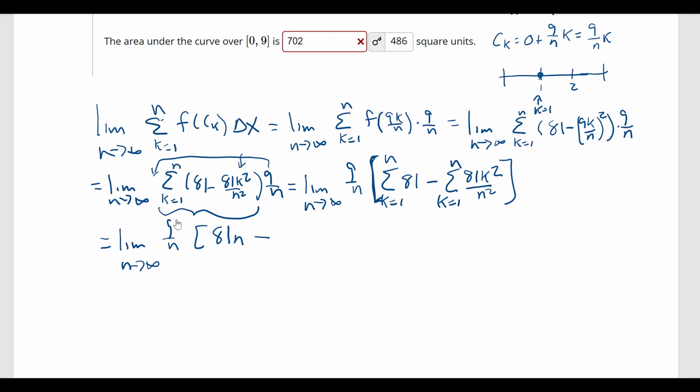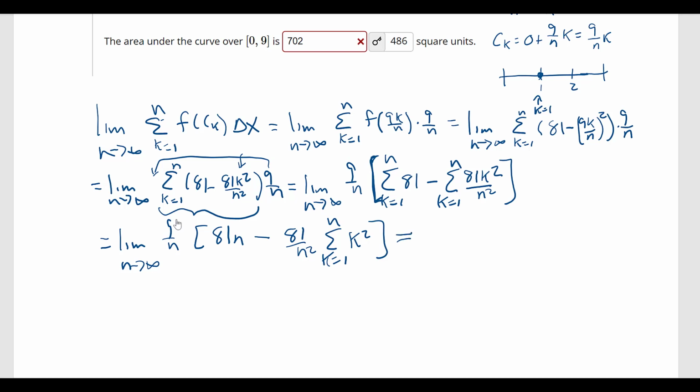minus, now the second part, so notice 81 and the n squared, they're not affected by k, so they can become coefficients to the summation. So we have 81 over n squared times the sum, as k goes from 1 to n, of k squared. Now, this part, there are the special formulas you probably read in the book. And a sum for k squared, that's what we're going to substitute in now and get rid of